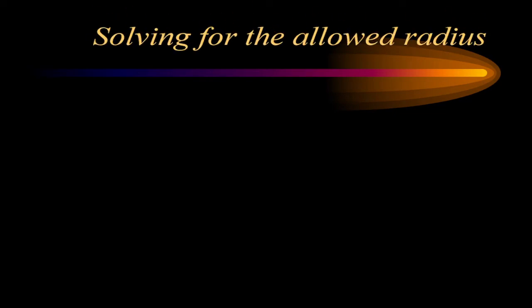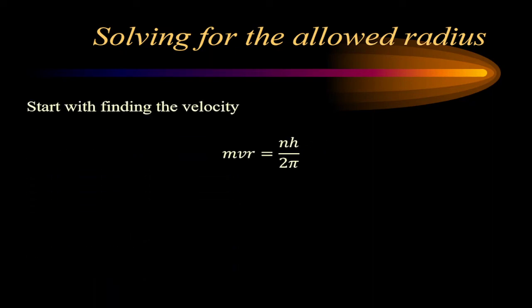So Bohr went on and tried to find the allowed radius. Here we're going to solve for the allowed radius for the hydrogen atom, basically the radius of the electron that is orbiting the hydrogen atom. So let's start with his formula. We have mvr is equivalent to